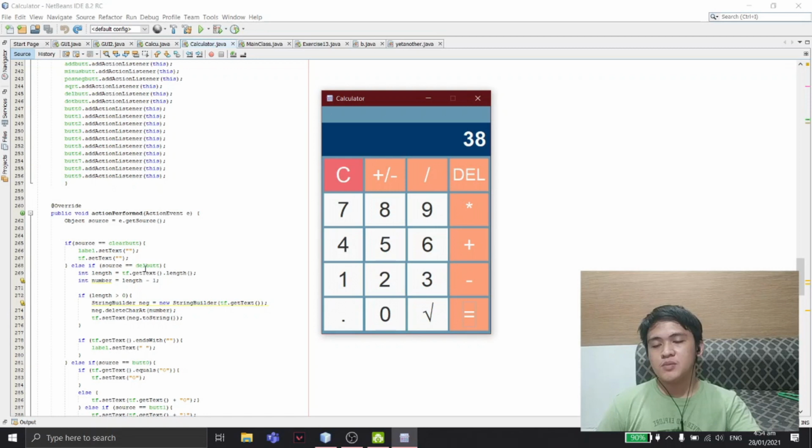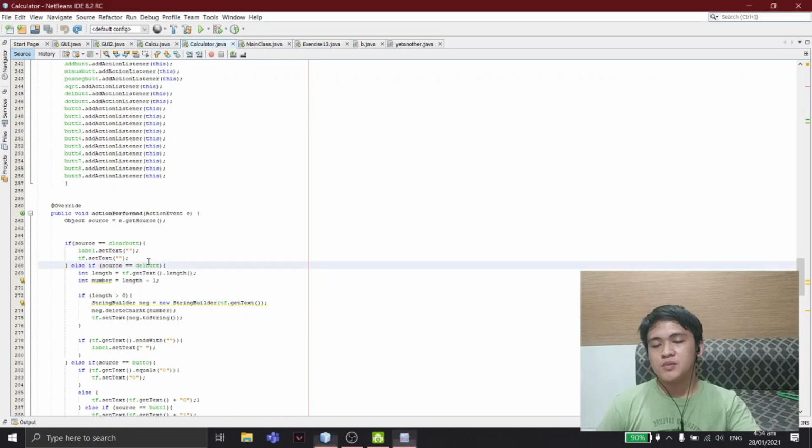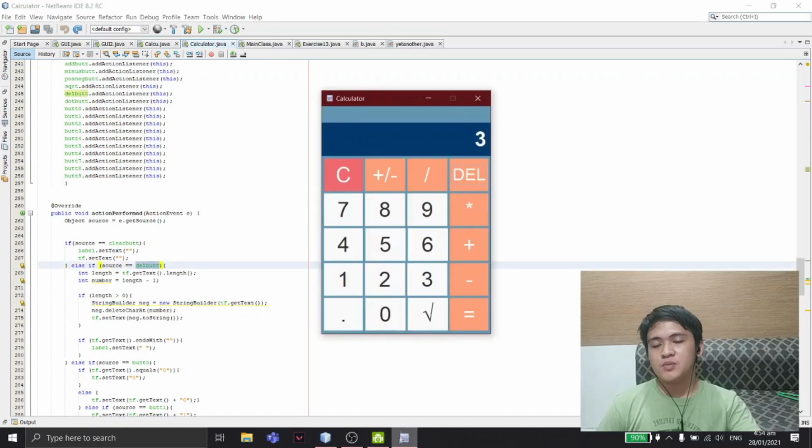Then else if the source is the delete button, the calculator will get the length of the characters in the text field. Then if length is greater than 0,